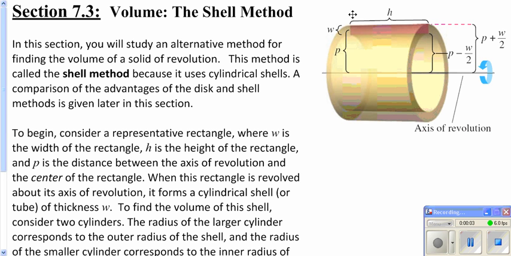Okay, we're going to look at another way to find the volumes of revolutions. This is referred to as the shell method. Basically, if you take this pinkish rectangle right up here and rotate it about the x-axis, it would sweep out this cylinder with the middle part missing. In other words, the volume of this cylinder would really be the volume of the whole big cylinder minus the inside, which for the most part is going to be your thickness here